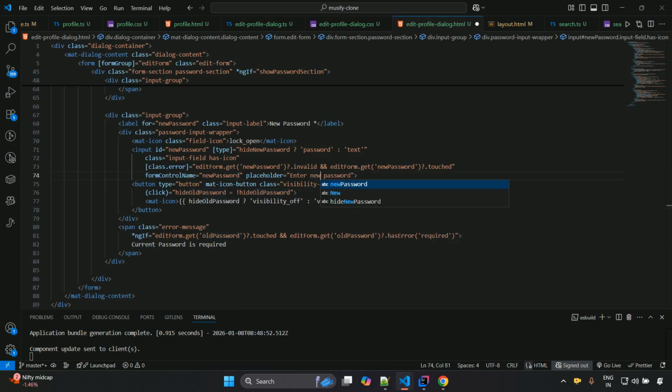new password, and the button type will be this, this is correct, visibility toggle, and over here we have to just change it to hide new password. So here just make old as new, and over here also make it as new password, and here also we have to change this to new password, and then visibility_off, this one is correct, and this one was old password, here we also need to change this to new password, here also need to change to the new password,